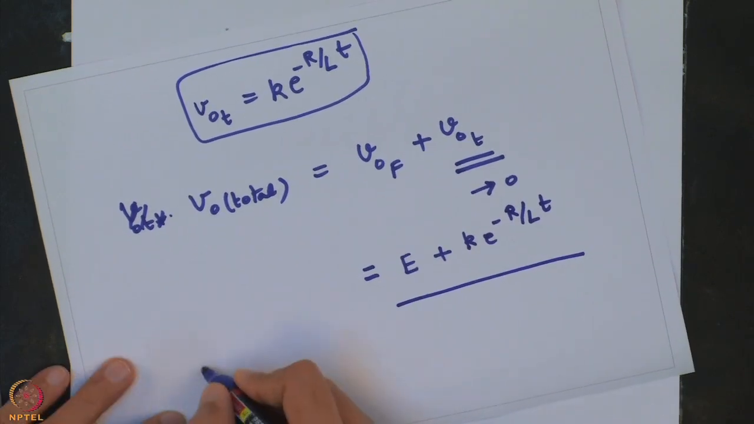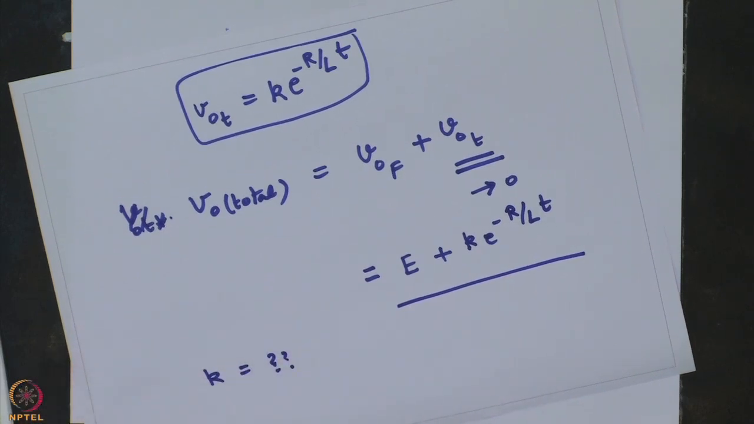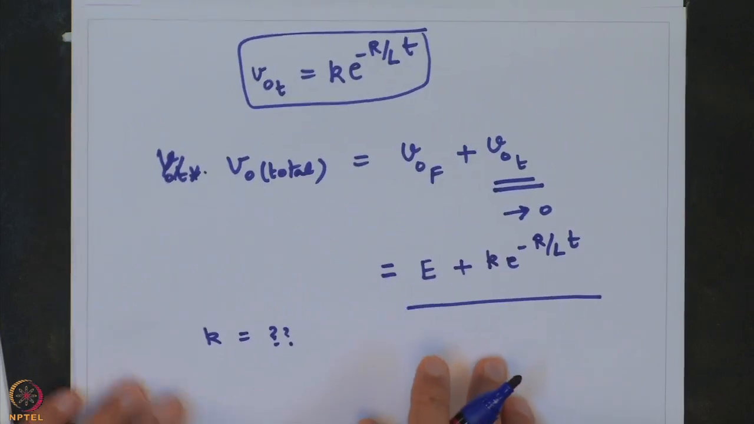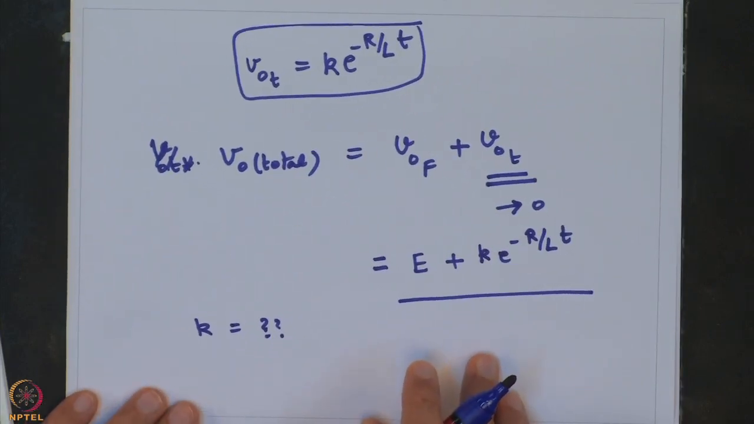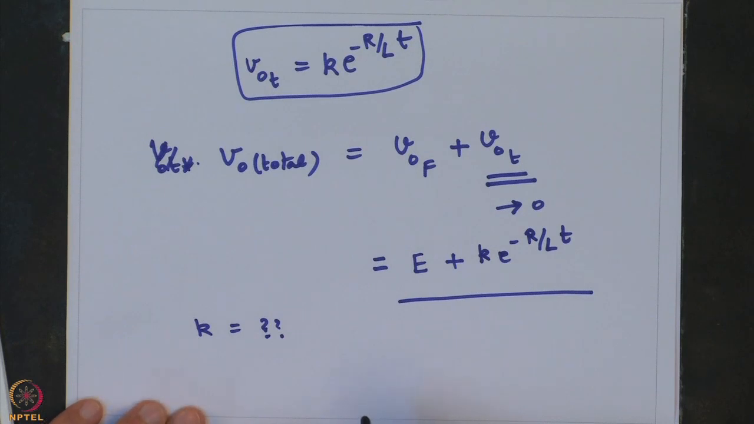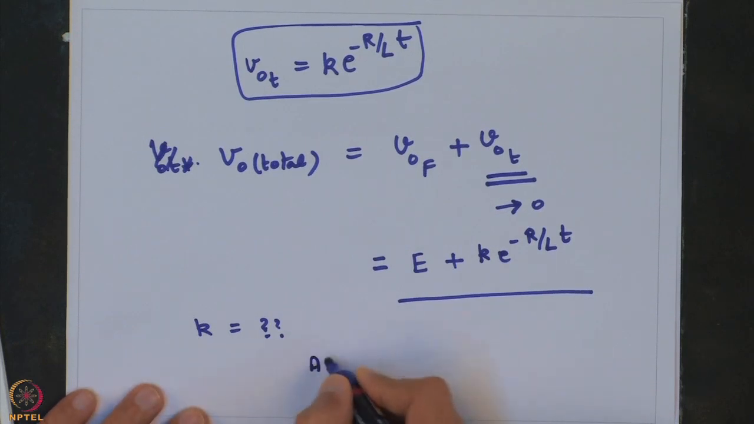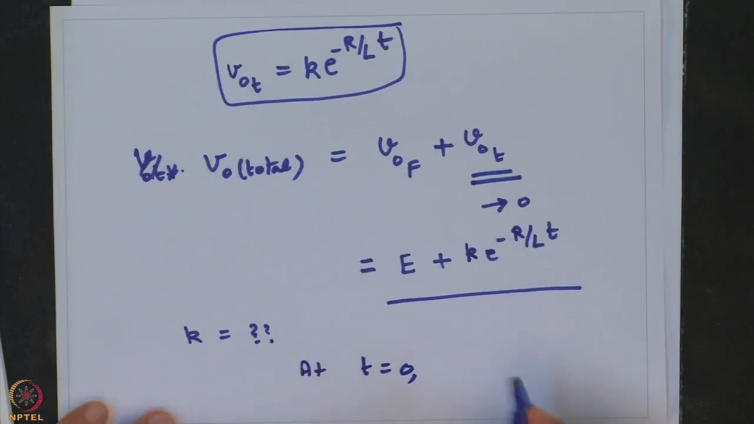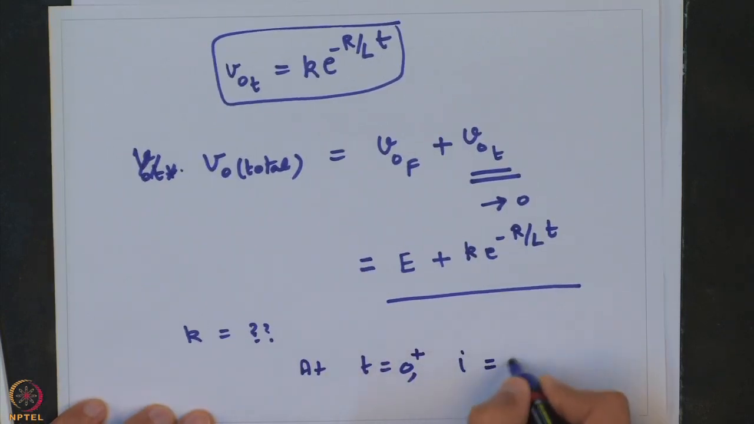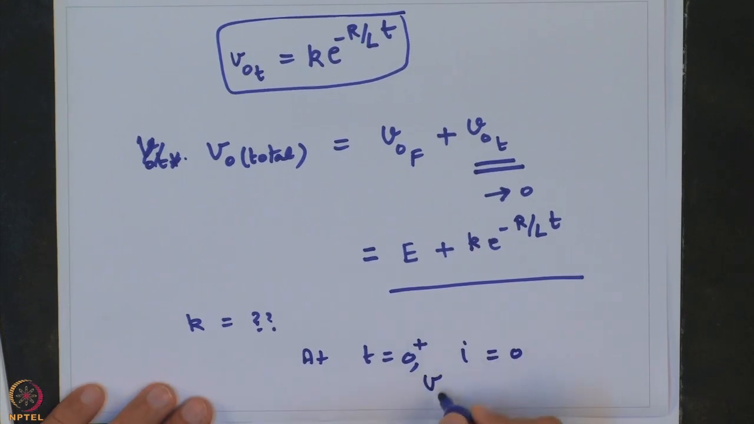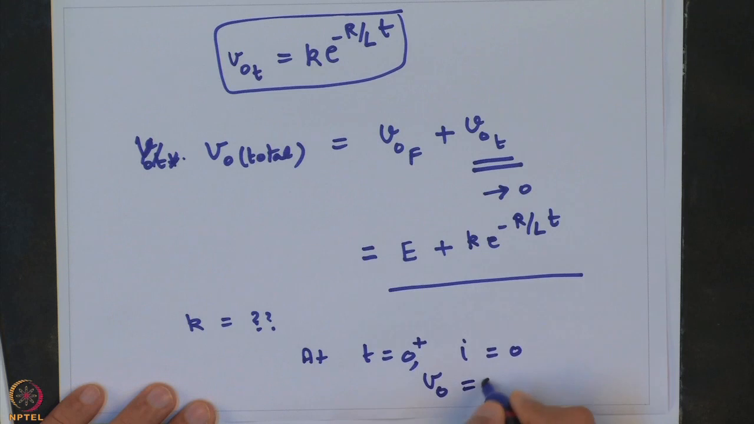Now, the question is, k is still unknown in this expression. So, how can we find this value of k? How will we find this particular expression for k? We note that we use the initial condition. We note that at t is equal to 0 plus, I is equal to 0, and therefore my V0 is 0 also, because V0 is nothing but I into R, and if I is 0, my V0 is 0. So, V0 is 0. Using this initial condition,